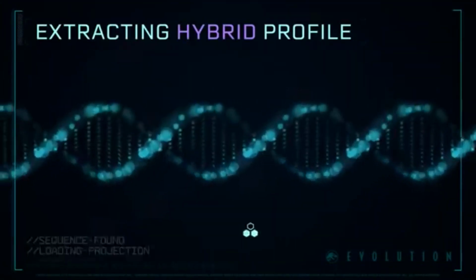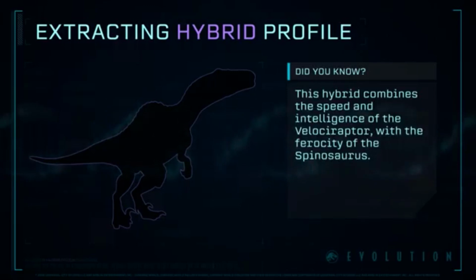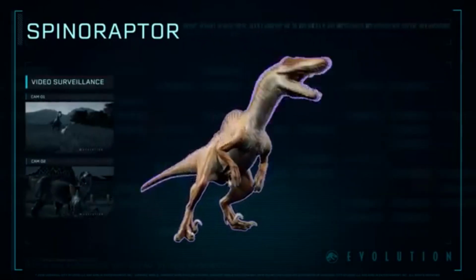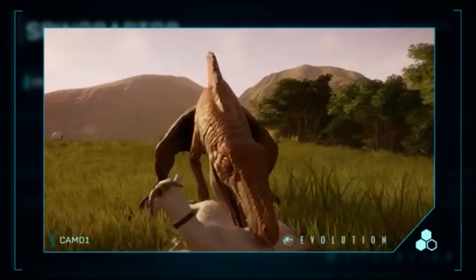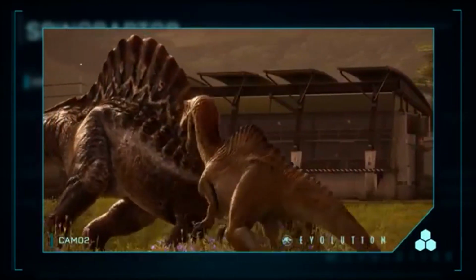Extracting hybrid profile. SPINORAPTOR. An InGen hybrid combining the size, power, and aggressive capabilities of the Spinosaurus with the speed and awareness of the